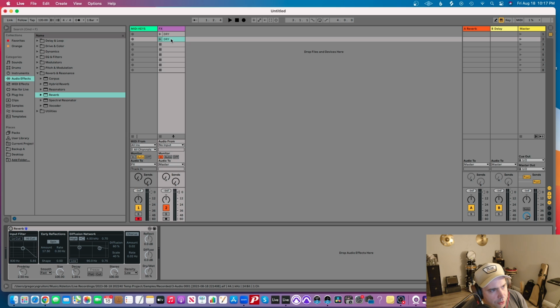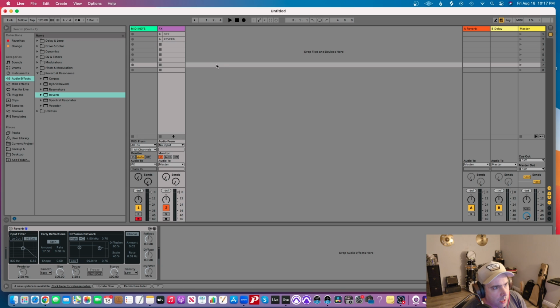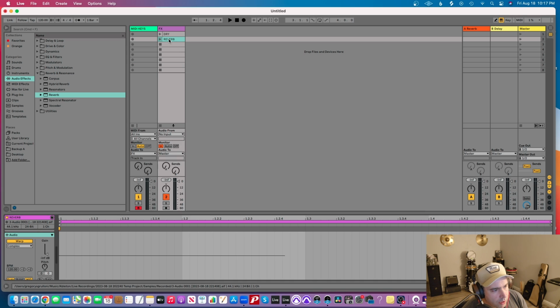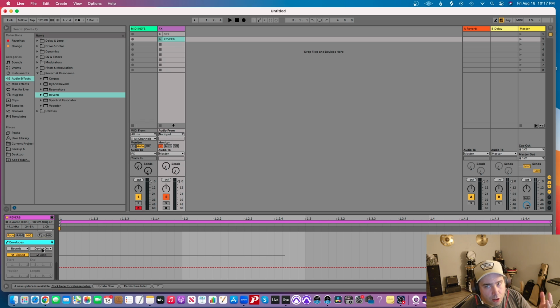So double click on your next clip here. We're going to actually rename this reverb. Okay, so I'm going to double click that. And because I've clicked the on off button, if I go into my envelope settings, you can see that the reverb effect is selected and the parameter for the device on or off is also selected in this menu. So what we want to do is go into our automation here and click that and turn it up